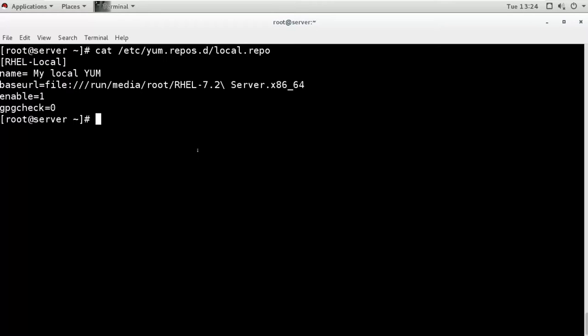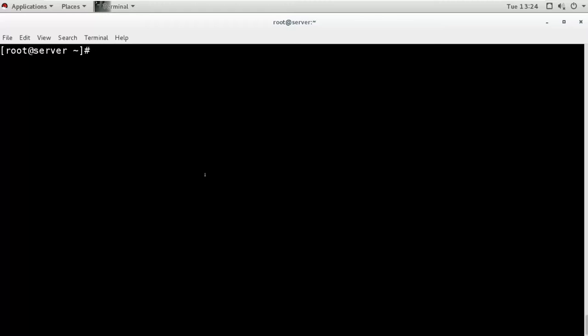Now we want to have a server for the local network, that means for our LAN network. We don't want to go to the internet. We just want to have one server in our LAN network which can work as a yum server for all the other clients in our network. We can do that also by the help of FTP. So if we have an FTP server configured, then we can do that.